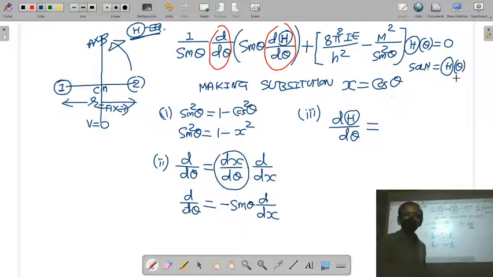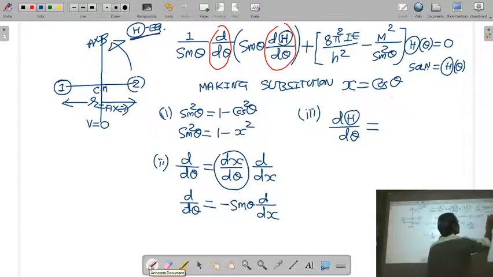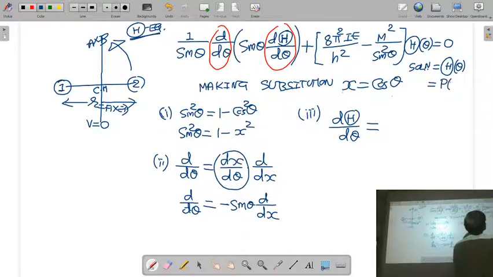But this solution theta, we will get in the form of a series having a finite number of terms. And you know very well that a series having a finite number of terms is called a polynomial. So I assume that the solution theta of the theta equation will be in the form of polynomial P(x).